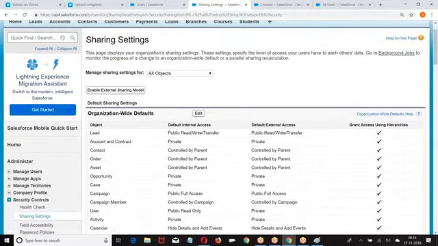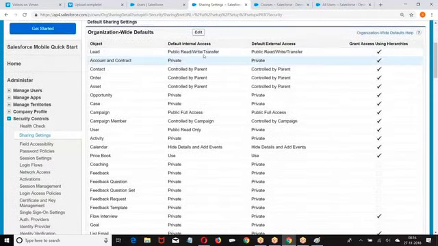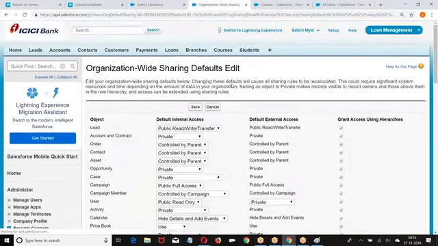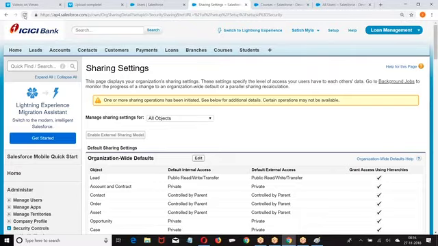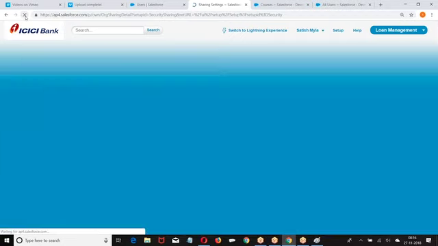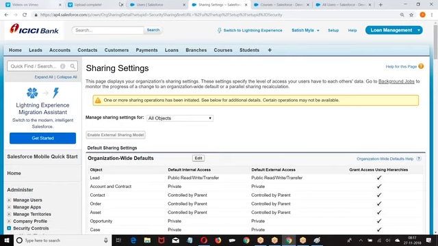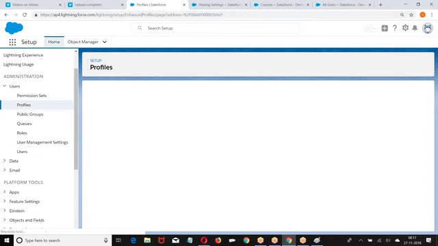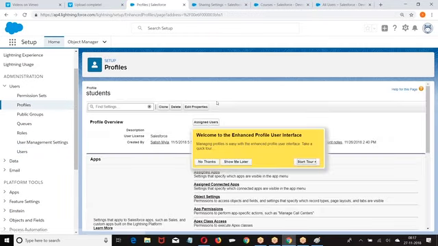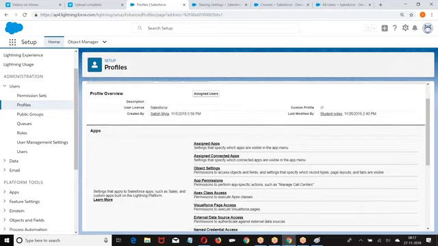Okay. Public read. OWD I gave public read. When I say public read, what does it mean? On others' records, we should only get read access. Meanwhile, let me go to the profile. I give public read.